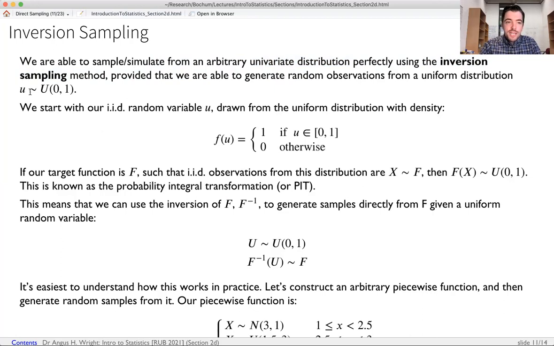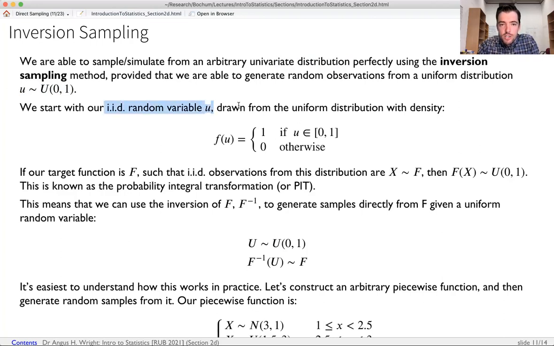And therefore, if we can generate pseudo-random numbers on the uniform 0, 1, that means that we can draw random IID observations from almost any univariate distribution, okay? Using the inversion sampling method. How does it work? Okay, so the way in which it works is we start with our IID random variable